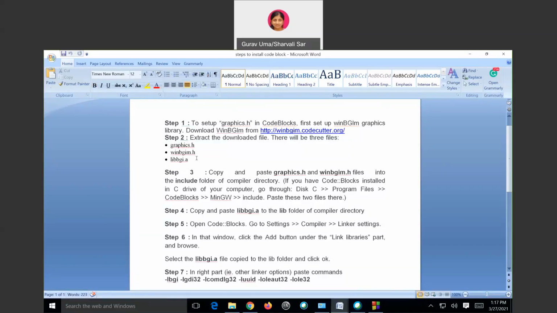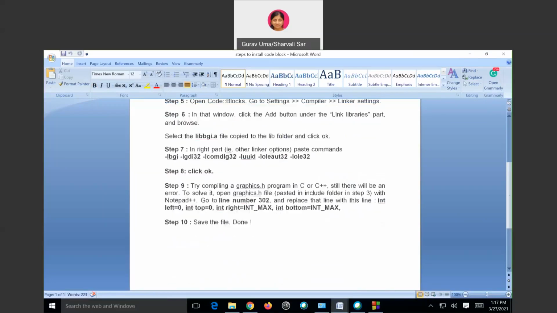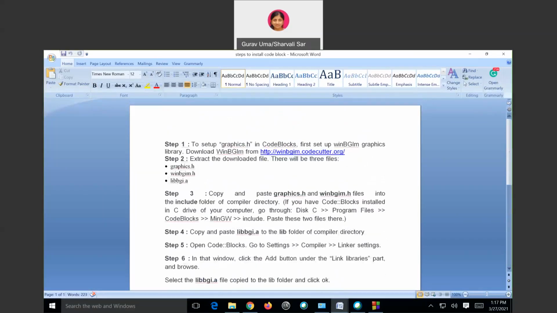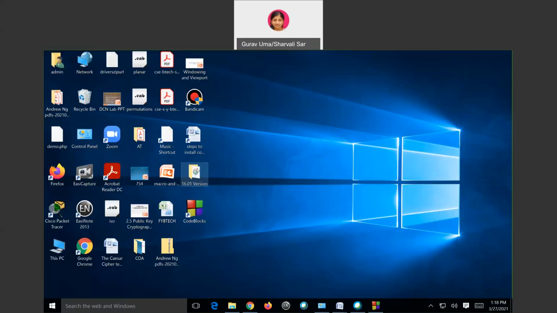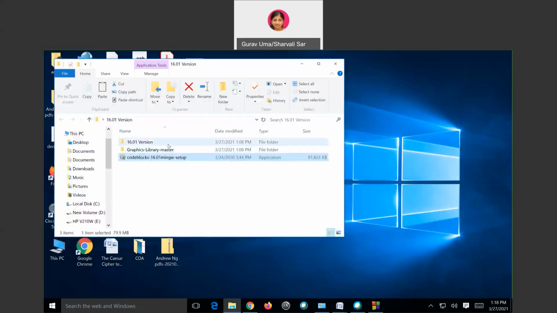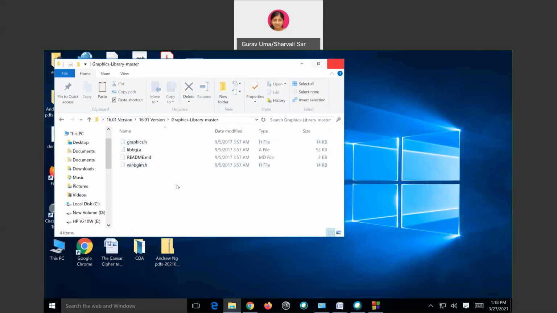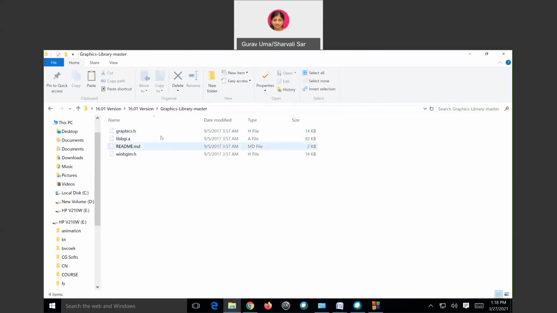In the description box, I will give you the steps to install the graphics code. I will also give the drive link and the setup and these files in that. I have already downloaded these files, graphics.h, libbgi.a, and winbgim.h.